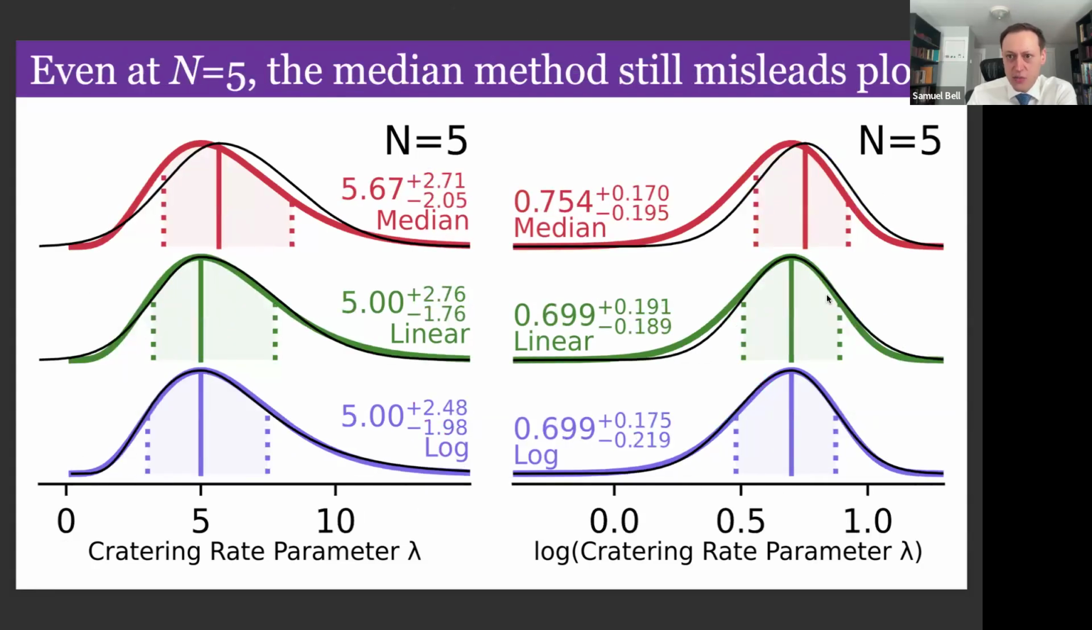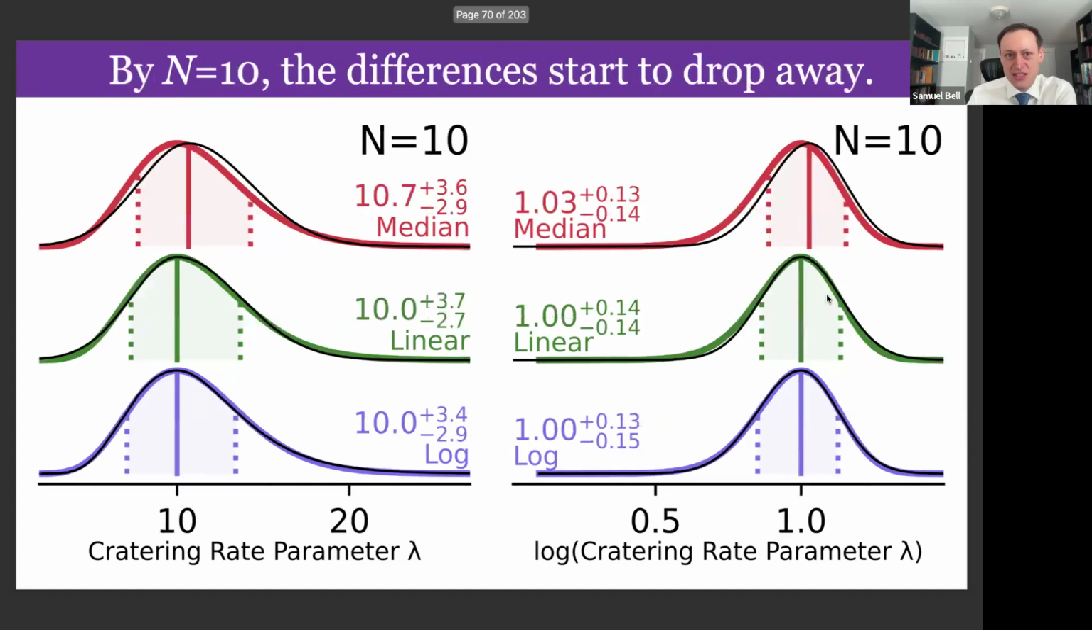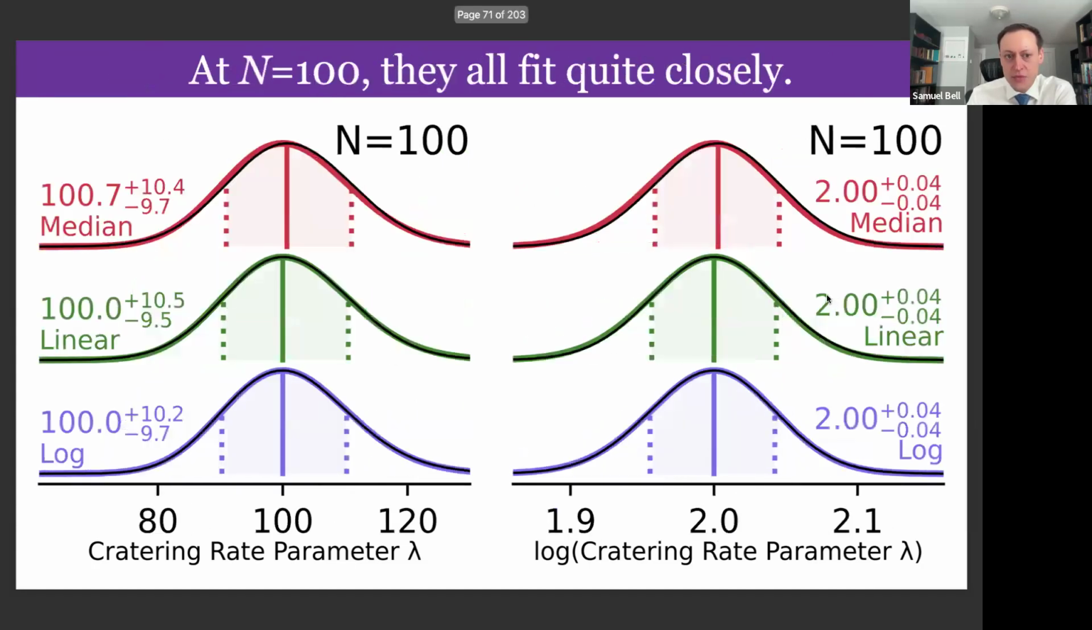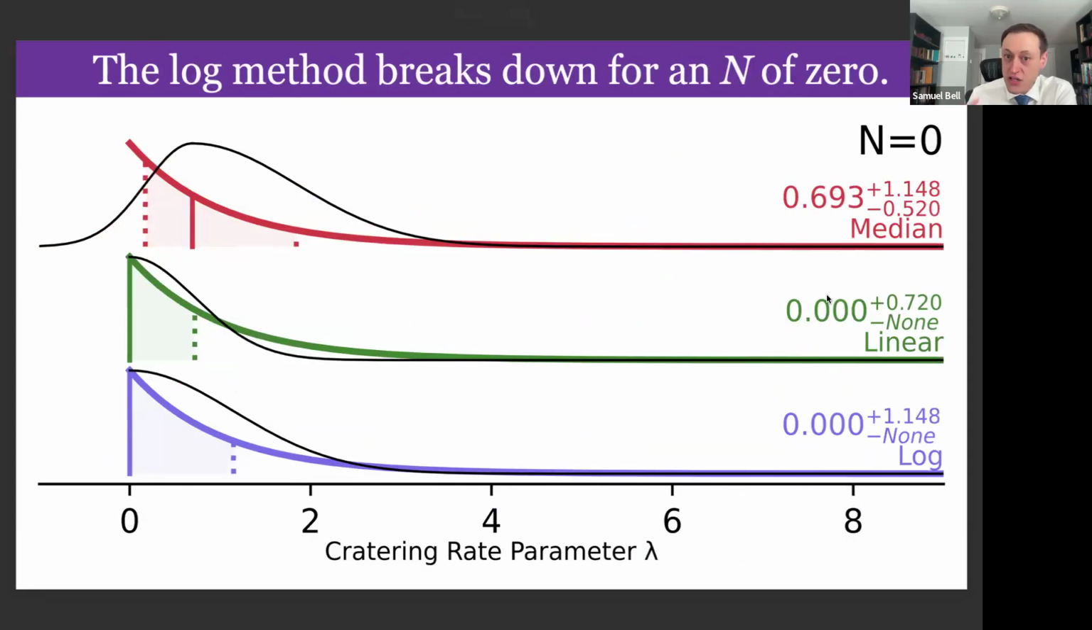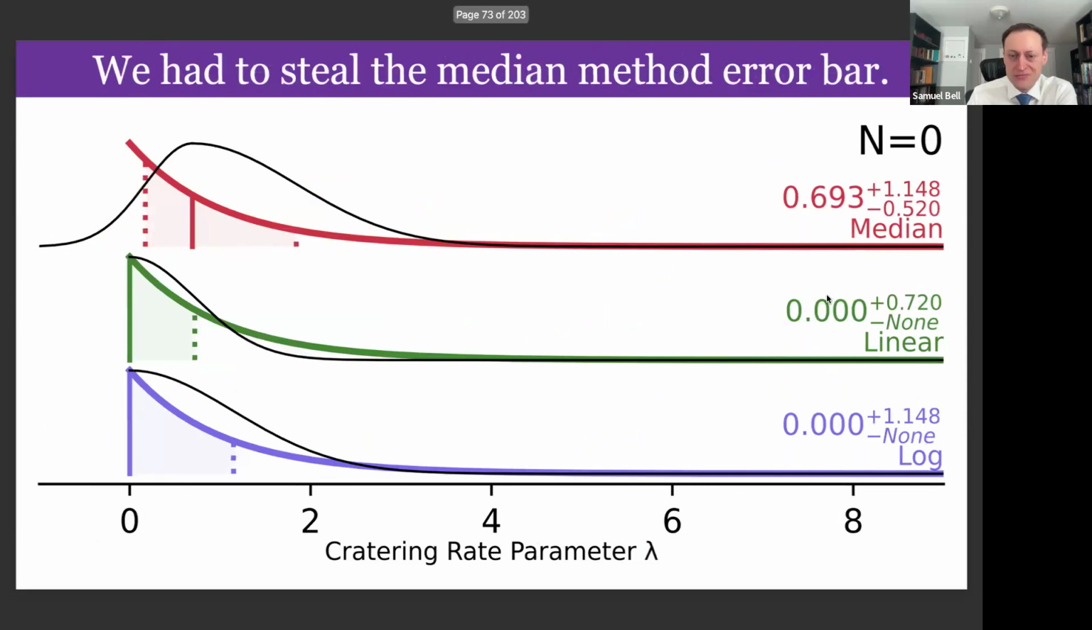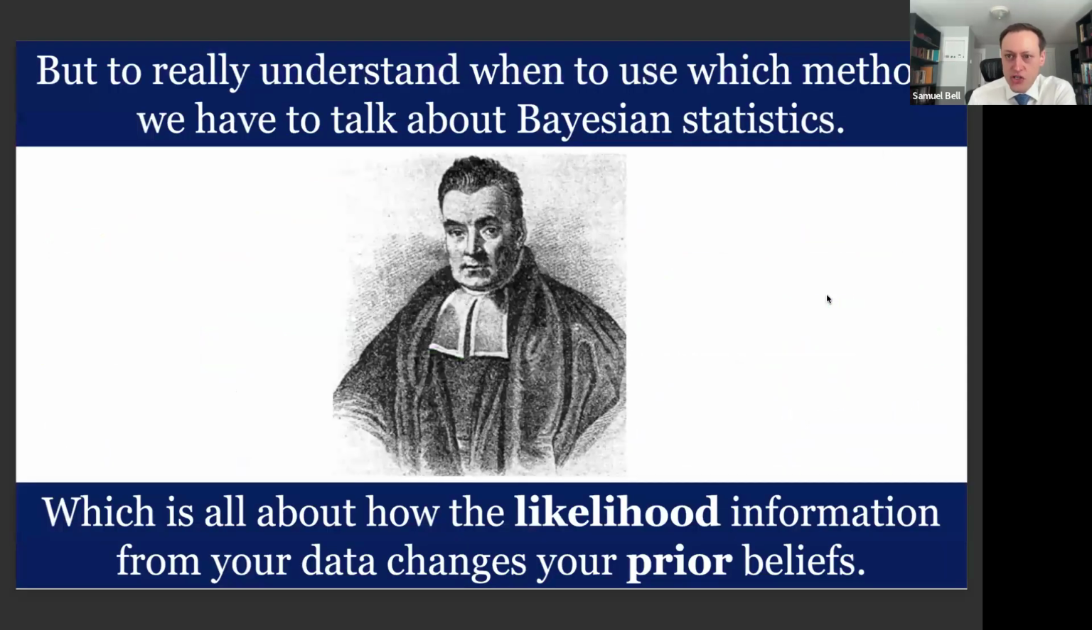Even at n of 5, the median method still misleads plots. By 10, the differences start to drop away. At 100, they all fit quite closely. But the log method does break down for an n of 0, and we had to steal the median method error bar. But to really understand when to use which method, we have to talk about Bayesian statistics, which is